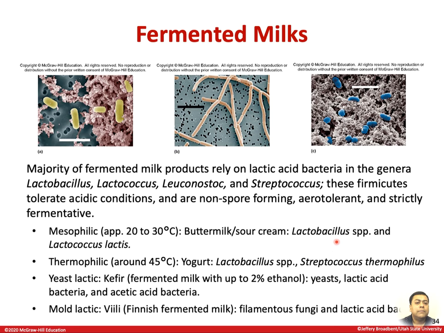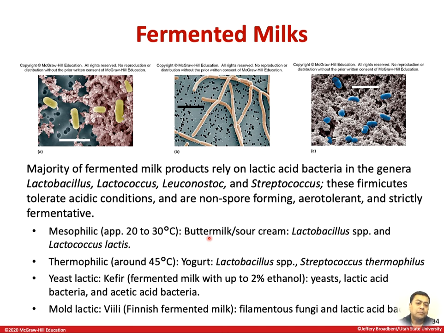For the production of buttermilk or sour cream, the Lactobacillus species or Lactococcus lactis essentially do the lactic acid fermentation. After the initial lactic acid fermentation, by cooling, the growth of these two species is stopped. At that time, there is another subspecies known as Lactococcus lactis diacetylactis, and this converts carbon dioxide and milk citrate to diacetyl, and that gives the buttery flavor of